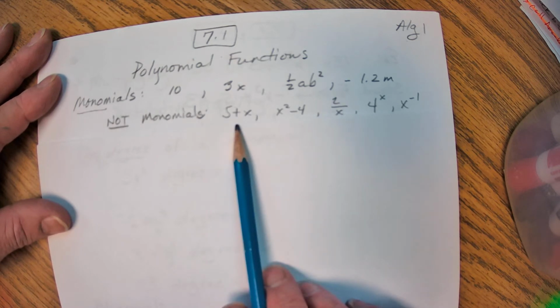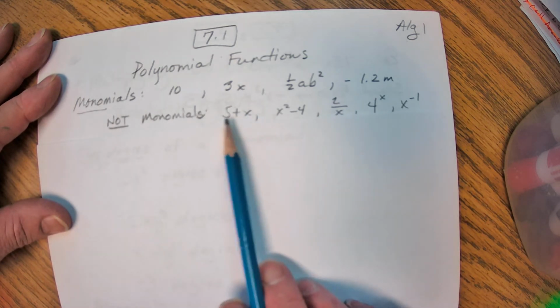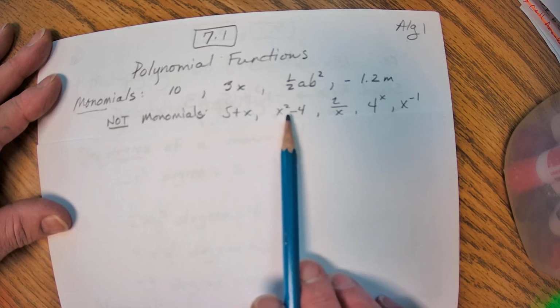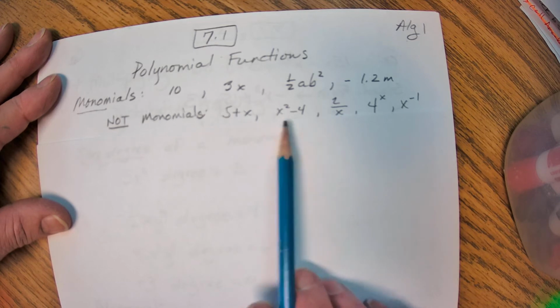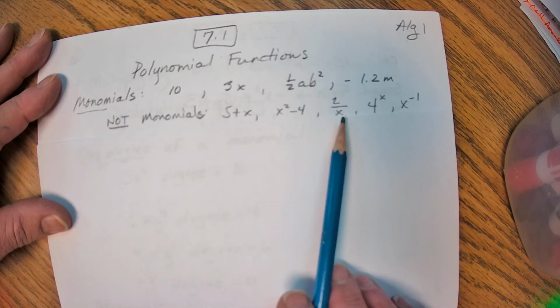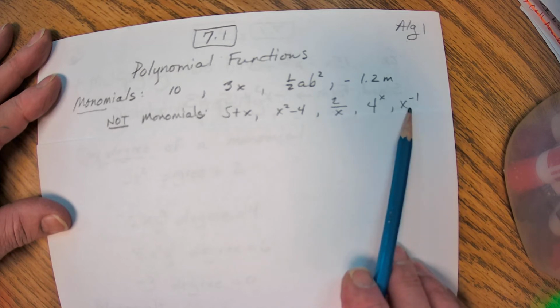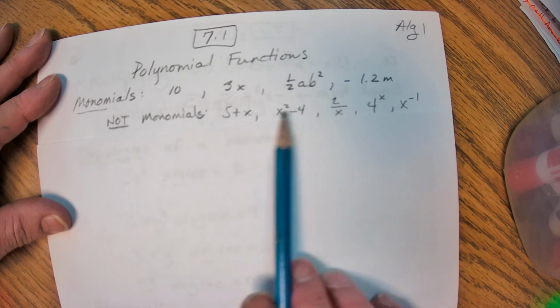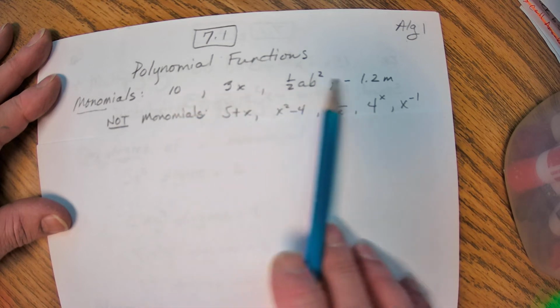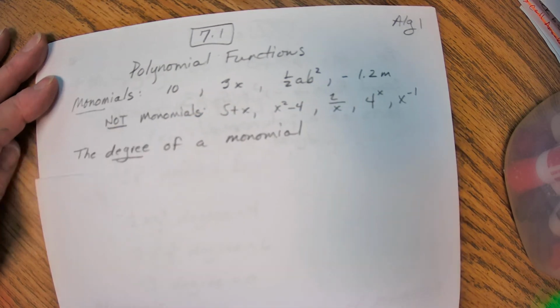These are not monomials. Notice this has two terms in it. Also two terms. This one, the variable is in the denominator. The variable is in the exponent, or there's a negative exponent. So those things are not monomials. These things are. The degree of a monomial,